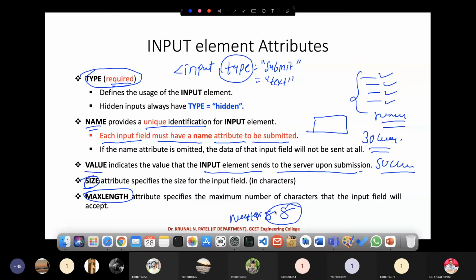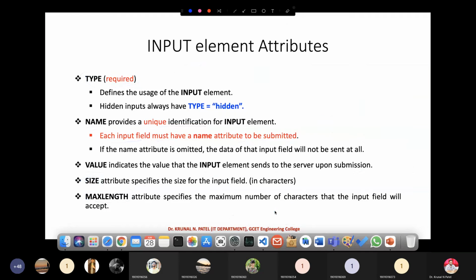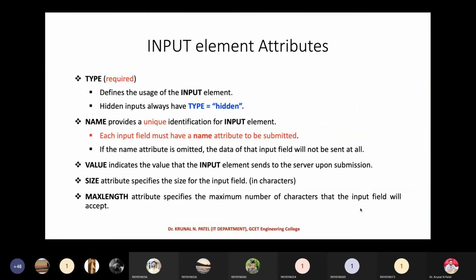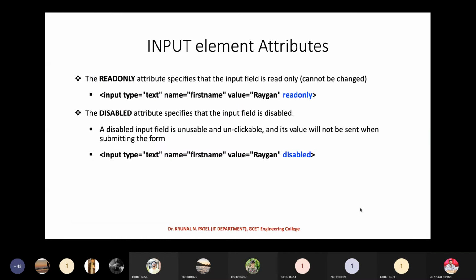Apart from this, you can put a lot of restrictions with the use of JavaScript, but these are the important attributes related to the input tag. Now, another two important attributes are readonly and disabled. Suppose you want to make a text box read only, so the user cannot modify it.